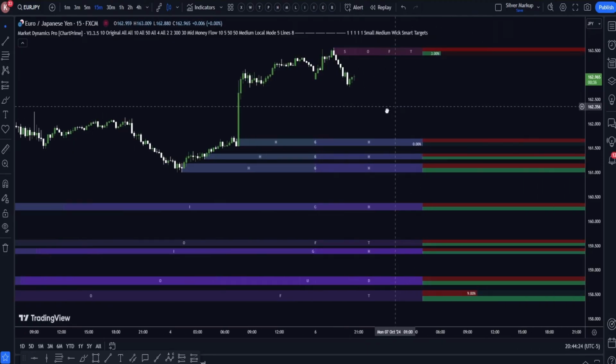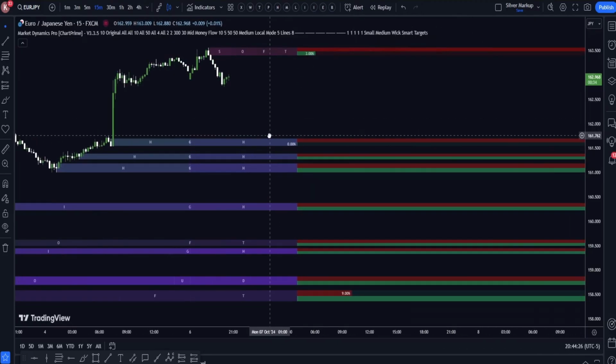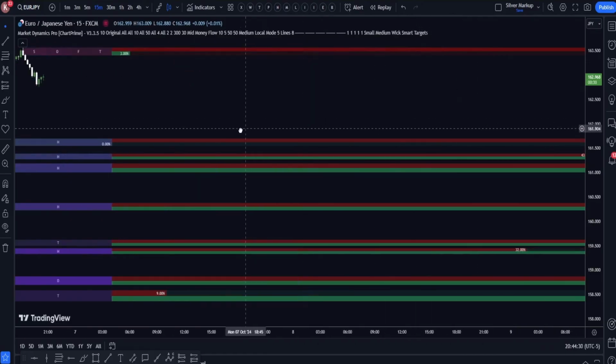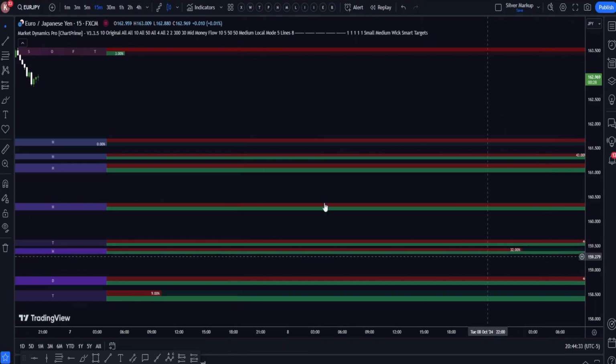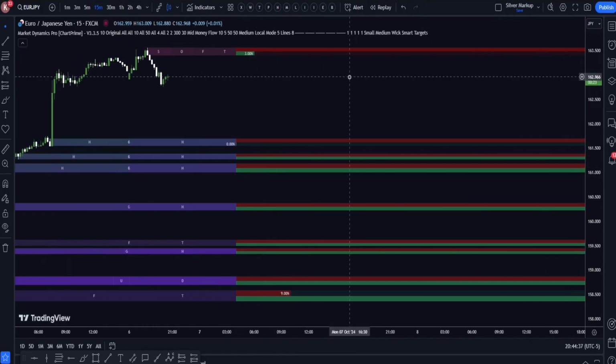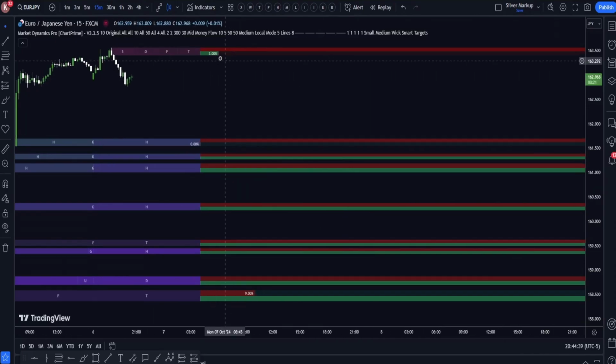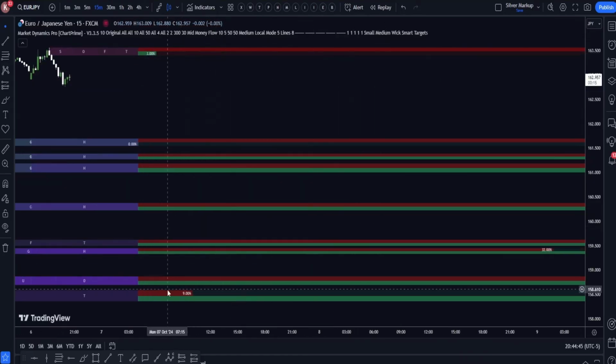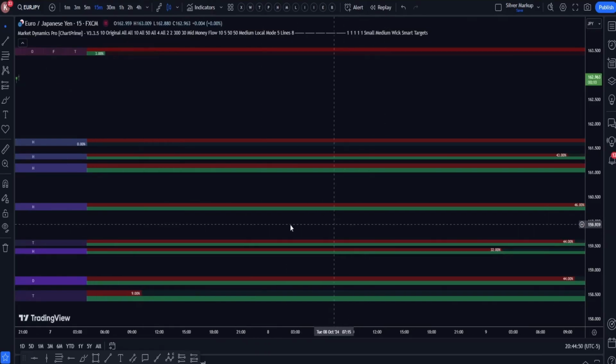One thing you can pay attention to here is just the trading activity. Now, the trading activity kind of zooms out, and you have to kind of zoom out to see it. But I just pay attention to whatever shows up first. That tells me that was the weaker side. So you see 3 showed up there. You had 9. This was a buy order block. This one is a buy order block, and these two,